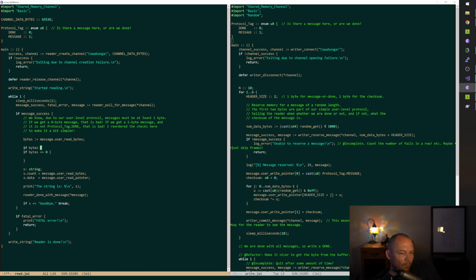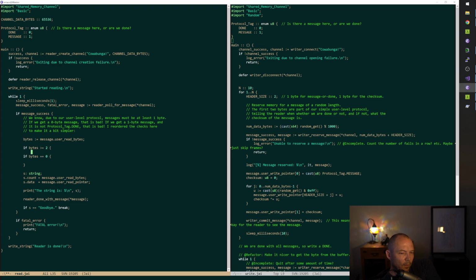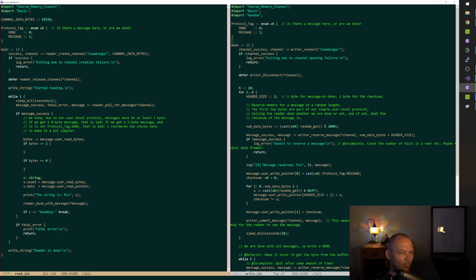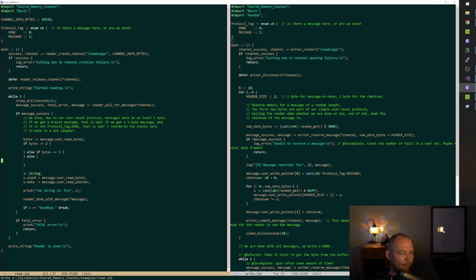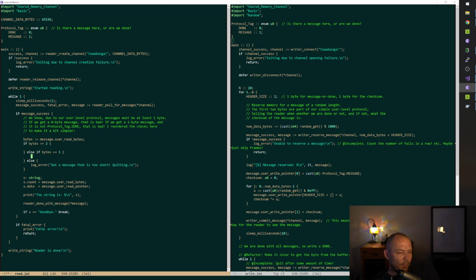If bytes is greater than or equal to 2, I'm trying not to be in compiler author road sign speak, but it's such a habit. If bytes is equal to 1,